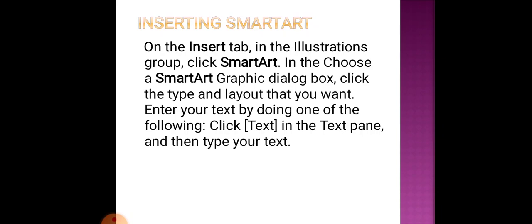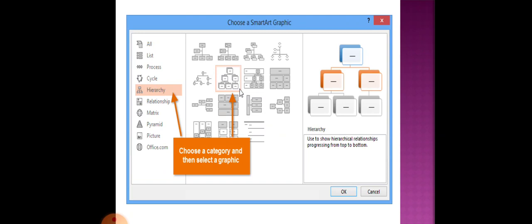Select a slide from the slides pane where you wish to insert the smart art. Click on the Insert tab. Select the Smart Art button in the illustration group. The Choose a Smart Art graphic gallery is displayed. Select a type of smart art. For example, select the hierarchy option and then choose the organization chart layout on the right side. Click OK.